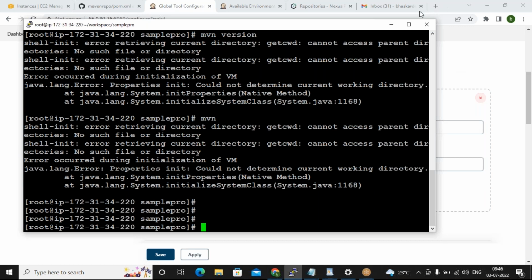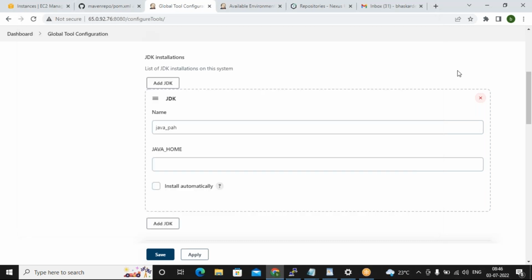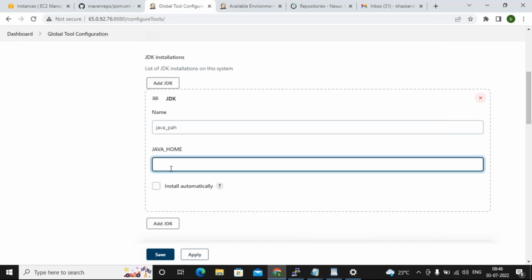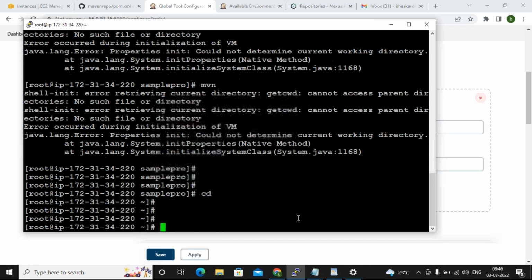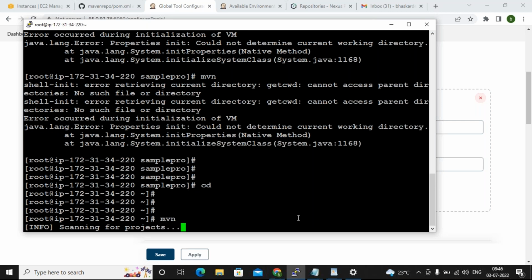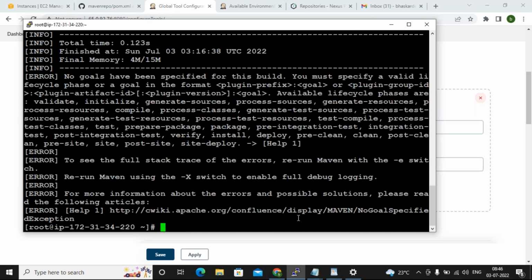Generally it will show you the path of Java. I think we need to check the working directory as root. If we have checked in that directory, it will come, I think. No, no, anywhere it should work actually, not only in the working directory. Commands are global, it doesn't matter where you are. Oh, how is it working?